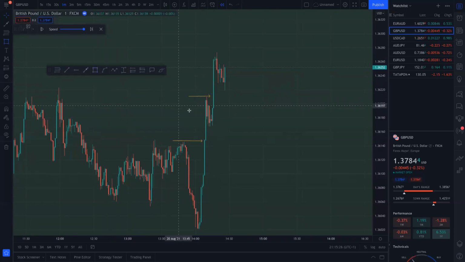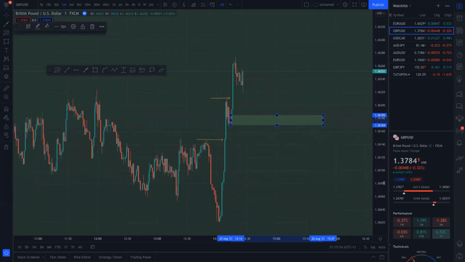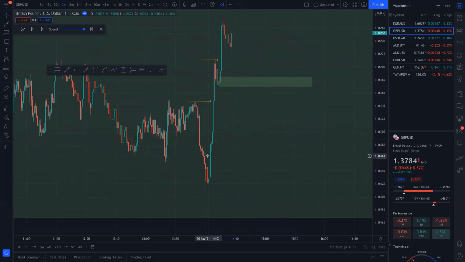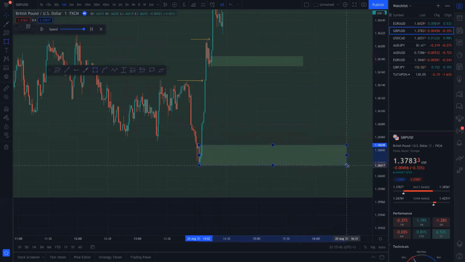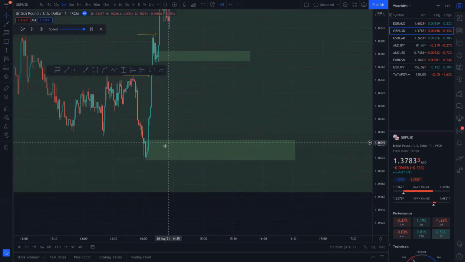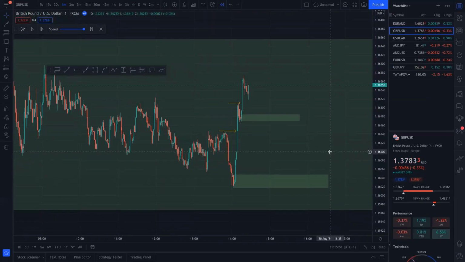So for example, okay, the other point of interest is probably this one. Okay, there is an imbalance above this, price may react from this one. We have 2 breaks of structure. So what's going to happen here, the price may come here